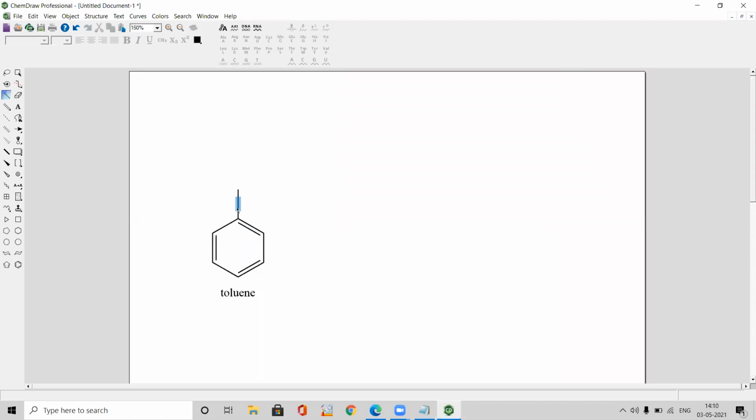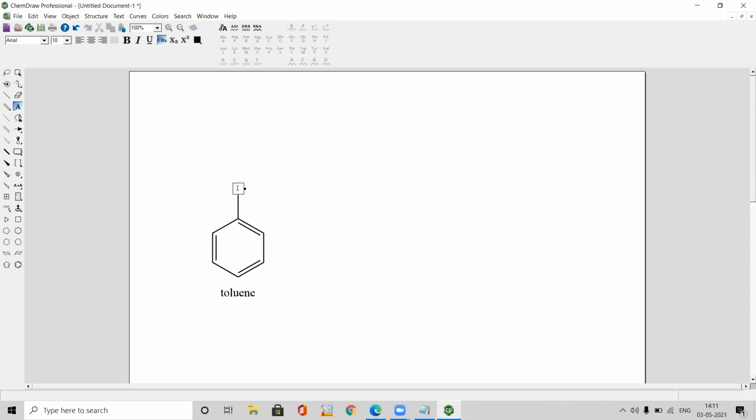So we got a bond here. Now by default, if there is no other atom, we need to assume it as a methyl group. See, the name of the compound has been changed by default to toluene. Now if you want to represent CH3 at this end, for that purpose you need to select the text icon on the toolbar, come here, and highlight the position where you need to include that atom. When it got highlighted, click there, and a box will come.